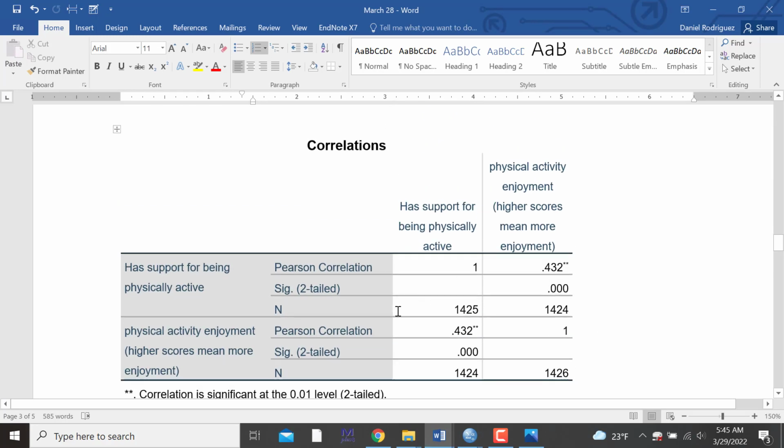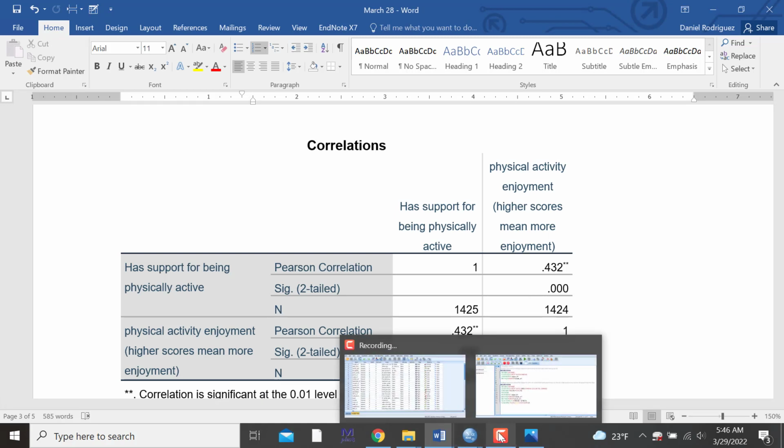So this is the correlation matrix. This is your prototypical correlation matrix, right? SPSS provides you additional information, whether they're significant, the sample size involved. But here's the Pearson correlation between the two. It's 0.432, and it's very significant. You can see here at 0.01. So it's 0.432, so I plug that in